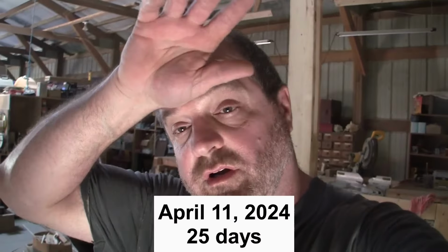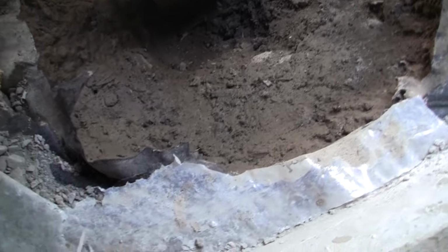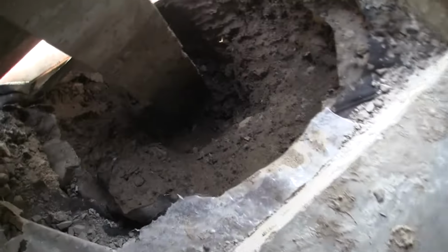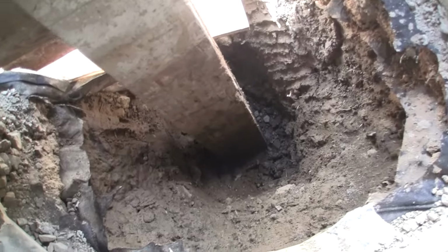Right. So I've been working on these posts today. Me and my wife have been digging out this one hole, and we're going to get concrete in here hopefully today. A lot of things we still have to do, but let me show you the hole where we're at and what I've done to keep the gravel back. If you look down in here, you can see there's a lot of mud on the sides. That's all mud that I mixed up in this bucket over here and packed in, so we kept on having gravel slip down in there. Now I think we're good enough to be able to put